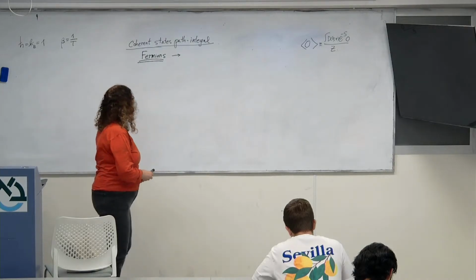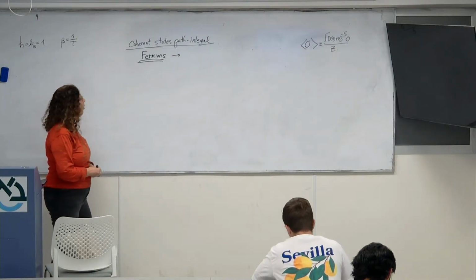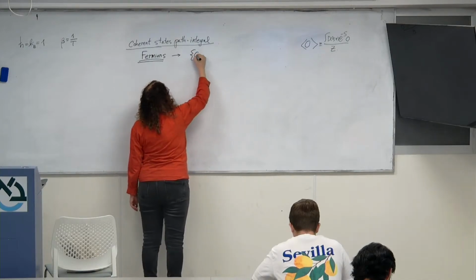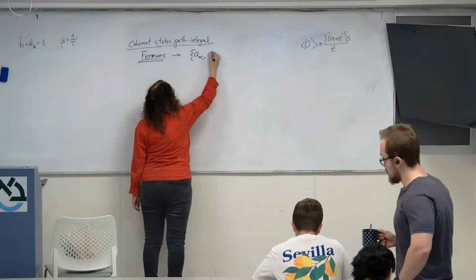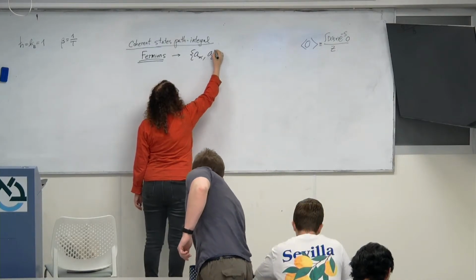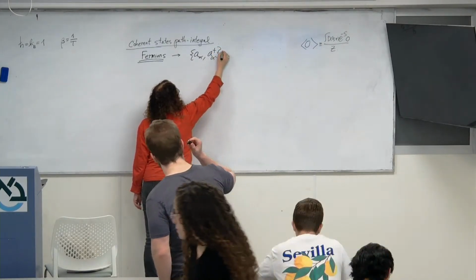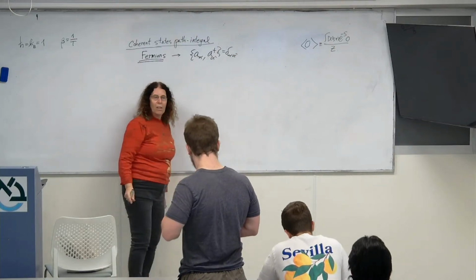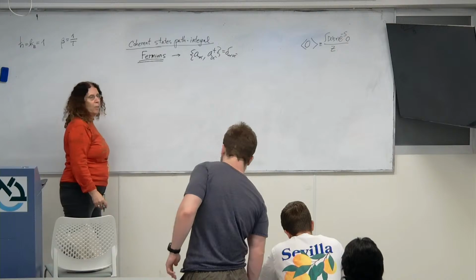We have a set of creation and annihilation operators, a alpha dagger, but the difference is that they obey anti-commutation relations, and for that reason,